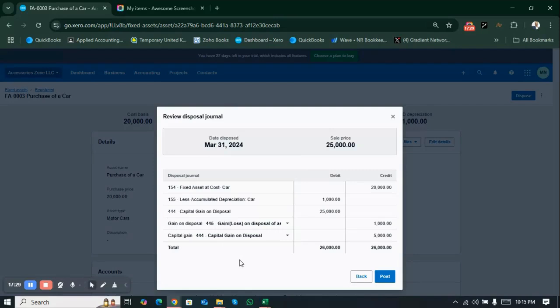This is because whenever you are selling your asset for more than the asset cost value, there is a tax impact on the capital gain. So you need to present in your financial statement in a separate way, which is the gain or loss on the disposal and which is the capital gain on the disposal. And if you just click post,